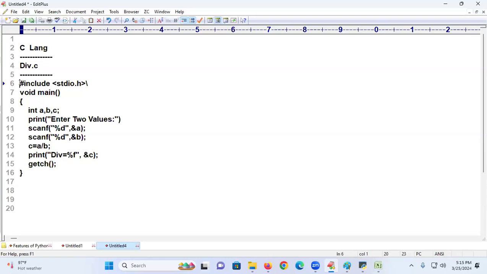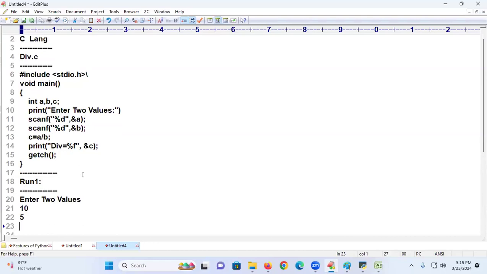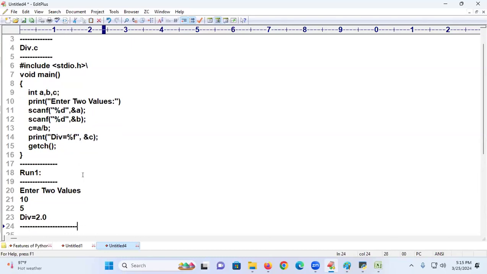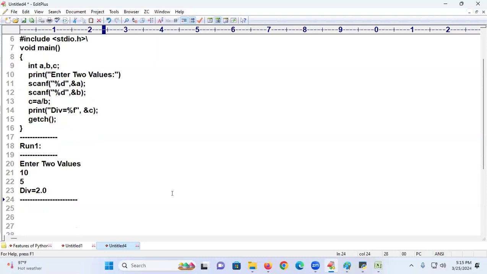Okay, you run this program the first time. You said, sir, I completed the program within 5 minutes. Running number one. See my running style, and this is happening in the software industry. Enter two values. Enter 10 and 5. Div is equal to what you got? 2.0. Now you felt a smiling face. In college, if the answer is coming, you feel that you are a king. Correct or not? King you are.